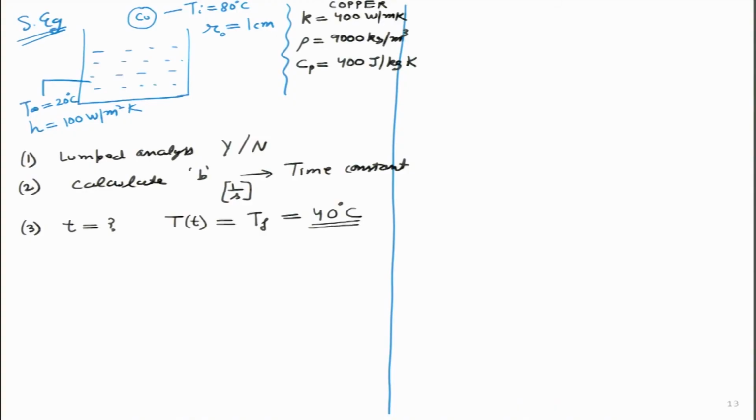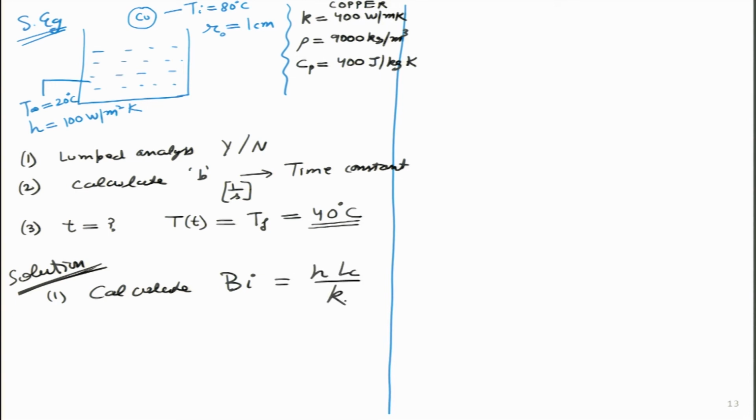I could do it very quickly, but I wanted to follow these steps so that engineers are well versed in this formal method. For a simple problem we can do it quickly, but when it becomes complicated, this method helps. So, how do I know whether lumped analysis can be applied, yes or no? The quick answer is we have to first calculate the value of the Biot number, which is h Lc by k.